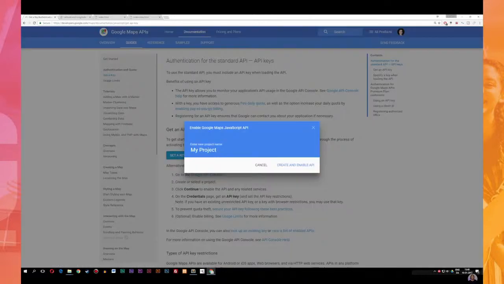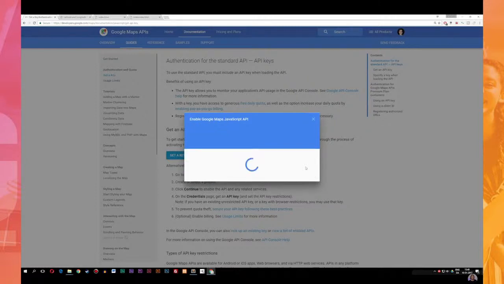Once we do that, we can go ahead and create the name for our project here. I'm just going to say tutorial. You can call it whatever you want. Whoops, that was spelled incorrectly, like so. And I can go ahead and say create and enable API. Once we do this, it's going to load up a key for us to use inside our code. And we're going to keep this key because we need to use it in order to actually get Google Maps activated inside our website. Once it's loaded, which it should be in a few seconds,